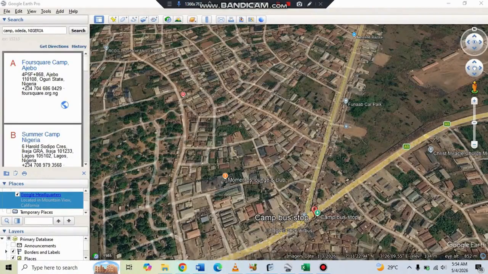In this video we'll be looking at how to map out a water supply pipeline